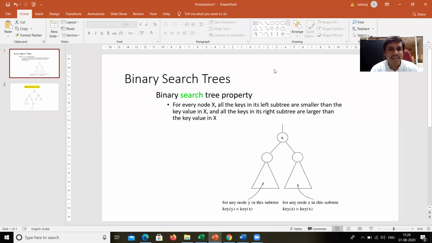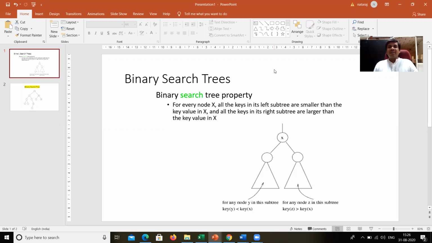The binary search tree is a binary tree which follows the binary search property. So what is that binary search property? We will see. Okay, this is a very important concept in data structures. Hope you may expect this question for the main examination. So a binary search tree is a binary tree which satisfies the following property.